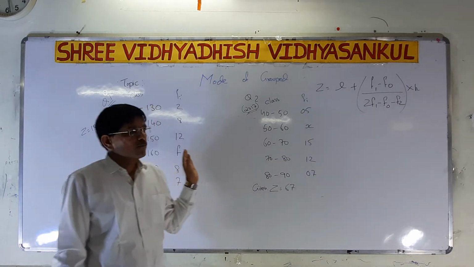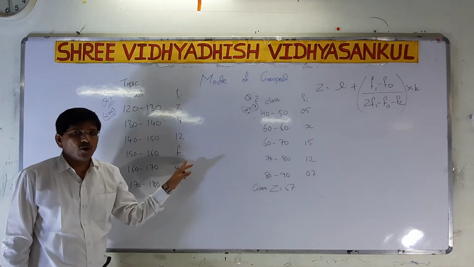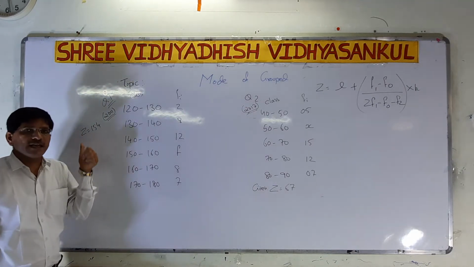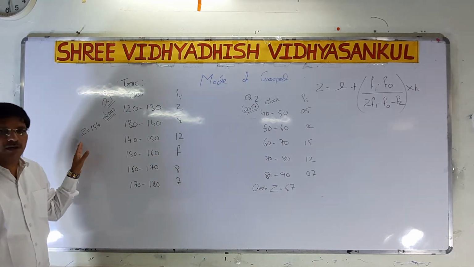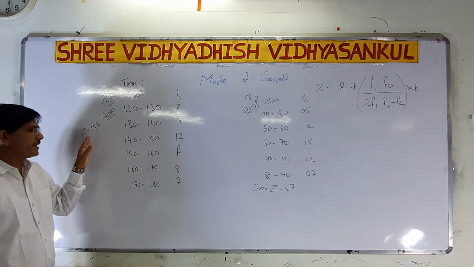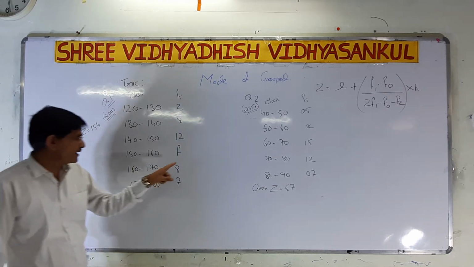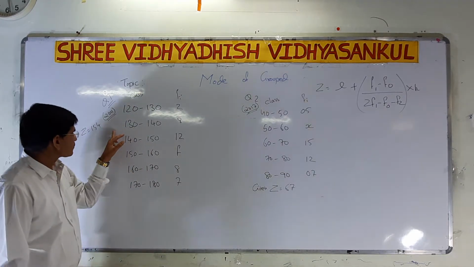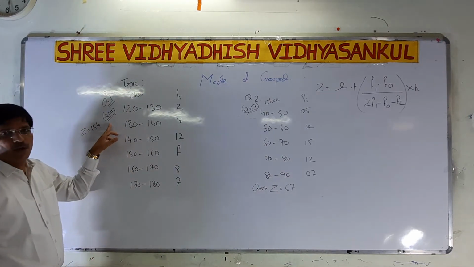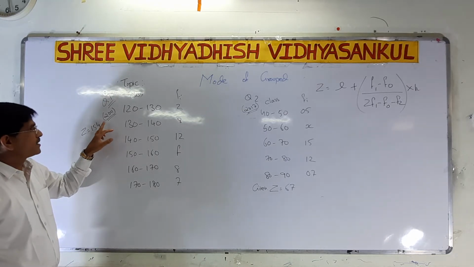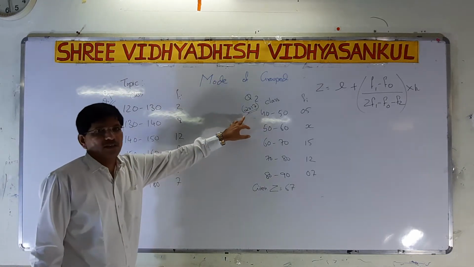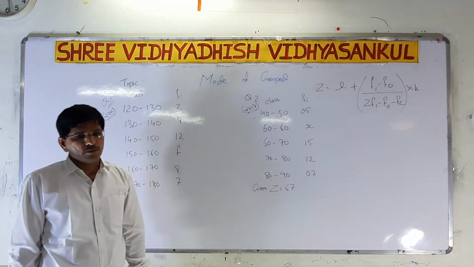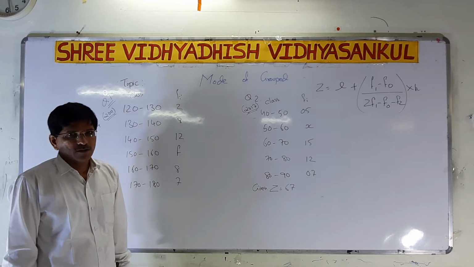When unknown frequency questions are there, the mode, that is Z, is given. Always remember, if the mode Z is given in the question, then we can find the unknown frequency. Both of these sums appeared in the CBSE board, one in 2011 and one in 2017. So both questions are board sums, and we have to discuss them.